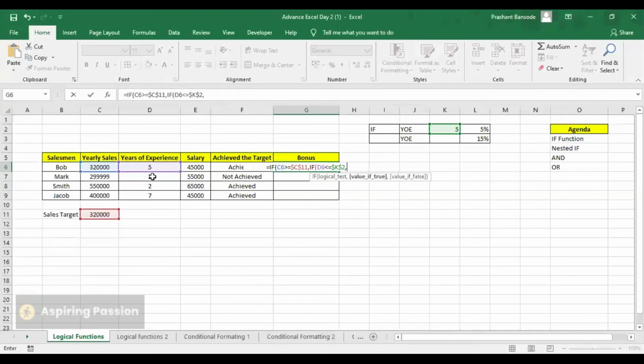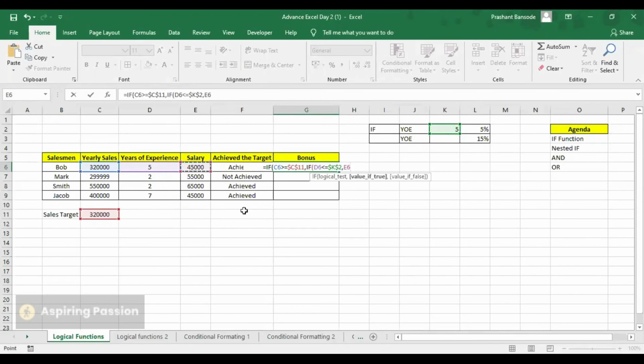First we selected his yearly sales and compared it with the target, then we took another if function. We are comparing his years of experience. If it is less than or equal to 5, then I'm going to derive his bonus based on his salary.